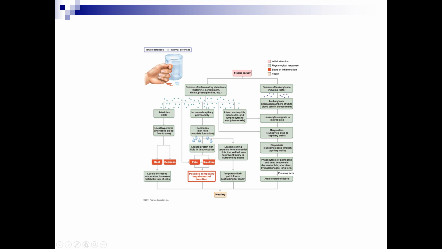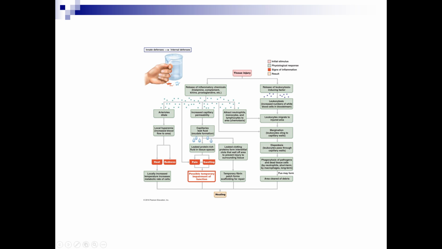heal. But along with that leakage, we're going to get swelling, obviously, and we're going to get pain due to the swelling and the stimulations. The bradykinins are often pain stimulators. So why do we want pain and inflammation? Well, it's to make us stop doing stupid things so that we don't do it again. Now, we didn't necessarily do a stupid thing, but it's to let us know, don't keep using that inflamed body part. And then swelling is because we want that nutrient-rich fluid out to the area to nourish the cells to